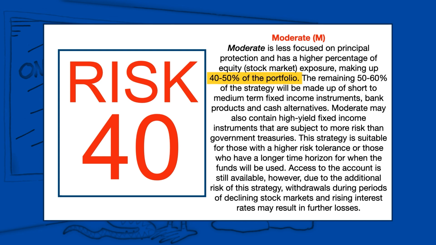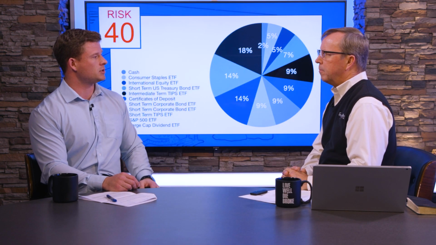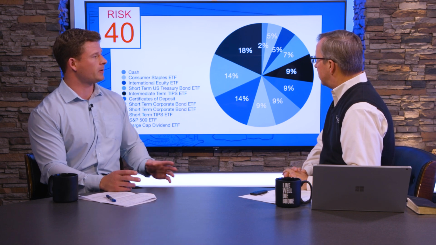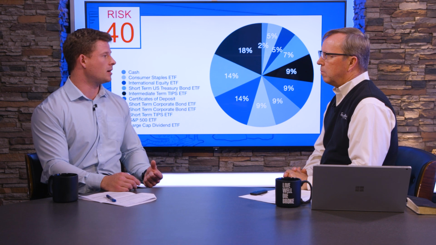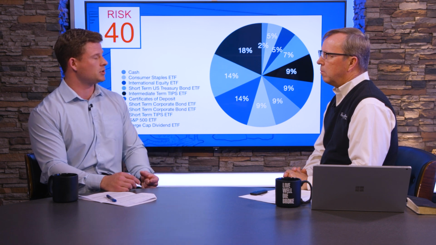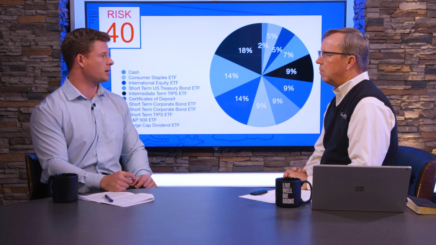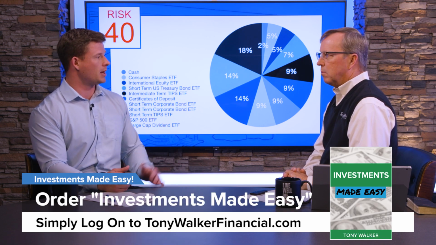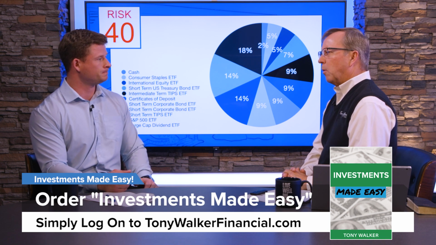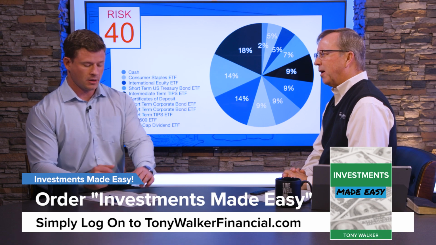Next, we've got the moderate strategy. 45% of this strategy is in the market. The balance, again, is in just short-term CDs or short-term fixed income instruments. And that's important, too. You talk about the duration of fixed income. In this conservative and this moderate strategy, we try not to let the duration of the bonds get too long, because as we've seen in 2022, if interest rates go up and you've got long-term bonds, they can really go down quickly.